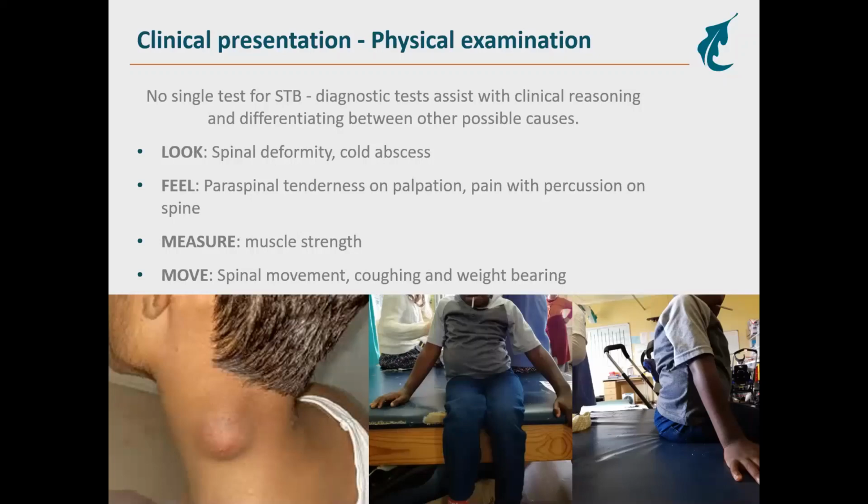So the cold abscess, as you can see there in the picture below, it can be anywhere, but it's usually associated with the area that is affected. So especially in the cervical spine, you might find it retropharyngeal or anterior posterior triangle of the neck, maybe in the axilla. The patient might present with pressure that causes dysphagia, hoarseness of the voice. So be on the lookout for that, but otherwise it can be in the lumbar spine, also all the way down to the groin.